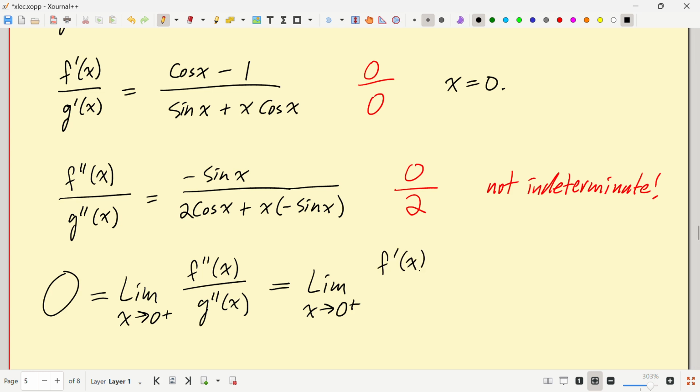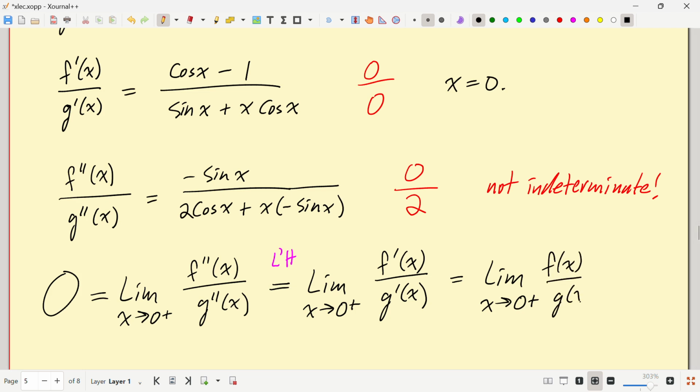And we didn't know that thing existed a minute ago. But now we do know it existed. It exists. And so here I've used L'Hopital's rule. And now the aha moment is I can do it again. So I didn't know that when I started, but now that I know that this limit exists, so